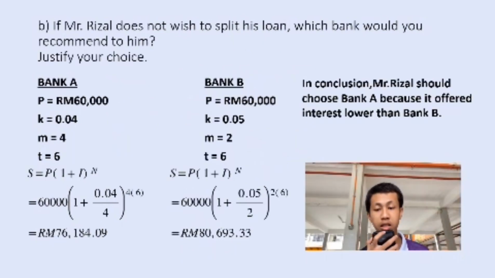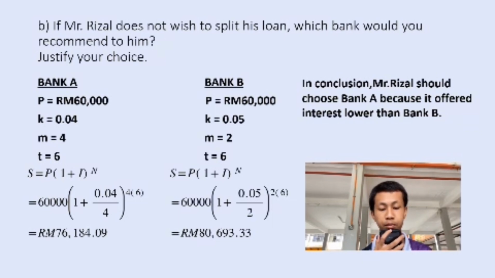As for Question A part B, if Mr. Rizal does not wish to split his loan, which bank would you recommend to him? First of all, we need to determine which bank has the higher interest. We need to write down all the information given in the question and use S equals P(1 + i)^n, substituting all the information into the formula. As for Bank A, we get 60,000 (1 + 0.04/4)^(4 × 6), and the final answer is